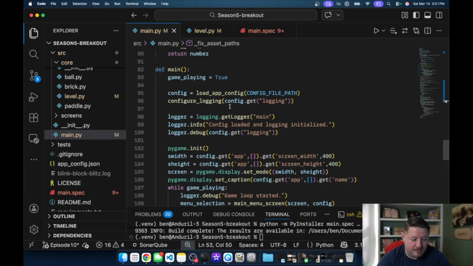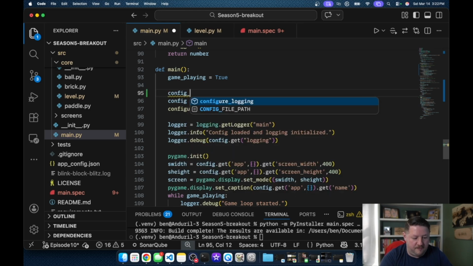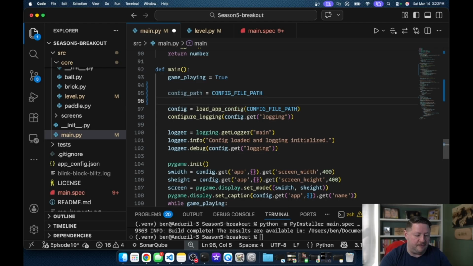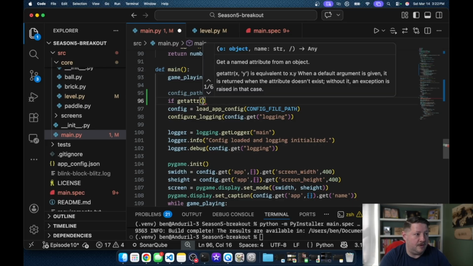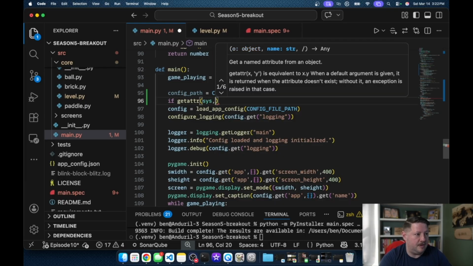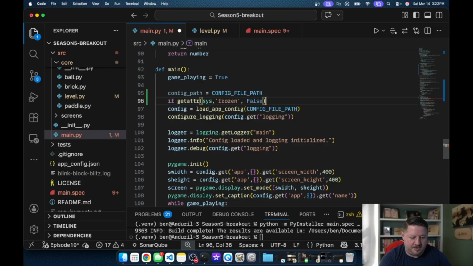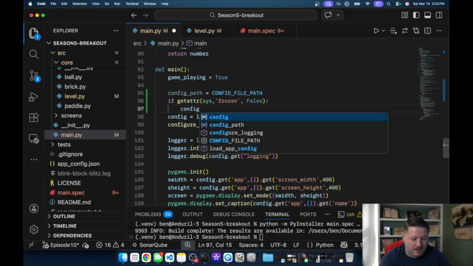And so this could be a problem for us. What we're going to have to do is check that path before we use it. So I'm going to do config path equals, and I'm just going to grab the constant from there. Then I'm going to do the if getattr sys frozen false. Okay, so if we're running in a PyInstaller, then this would be what executes, and we're going to do config